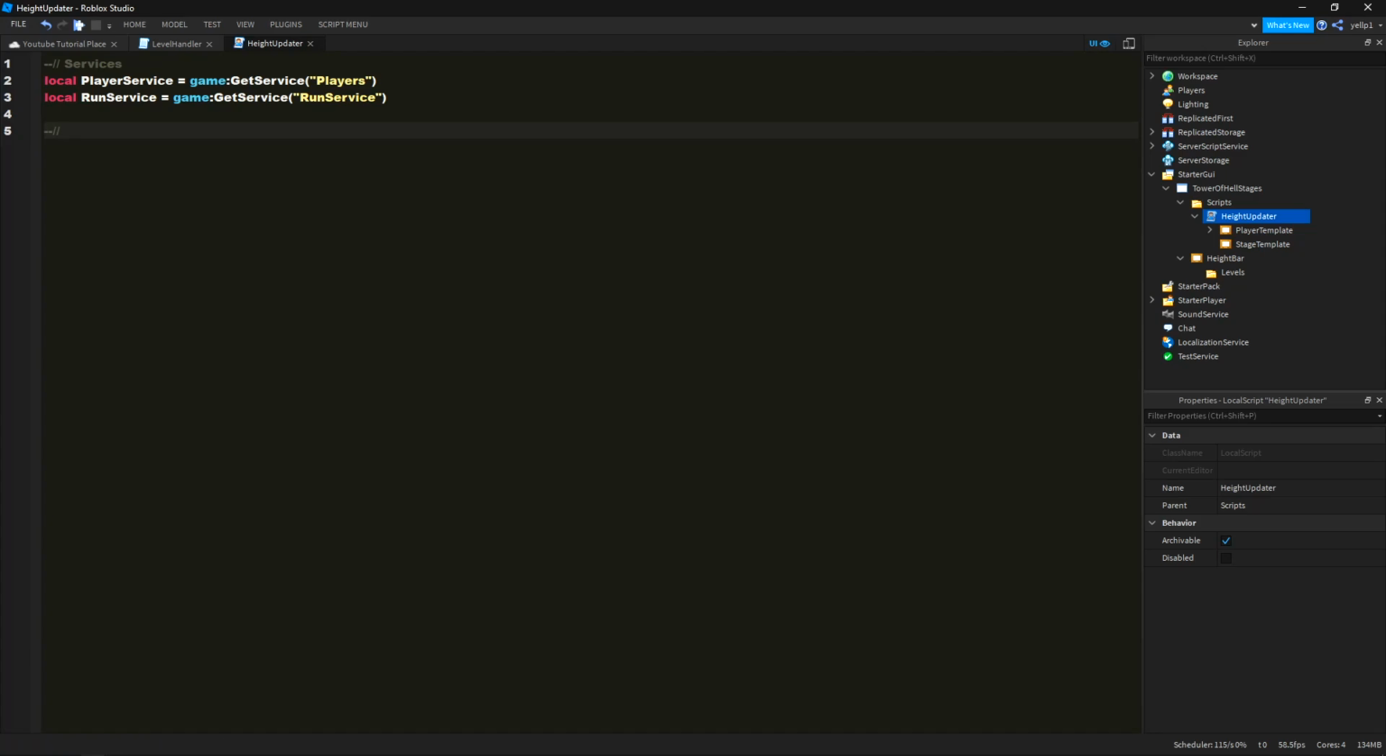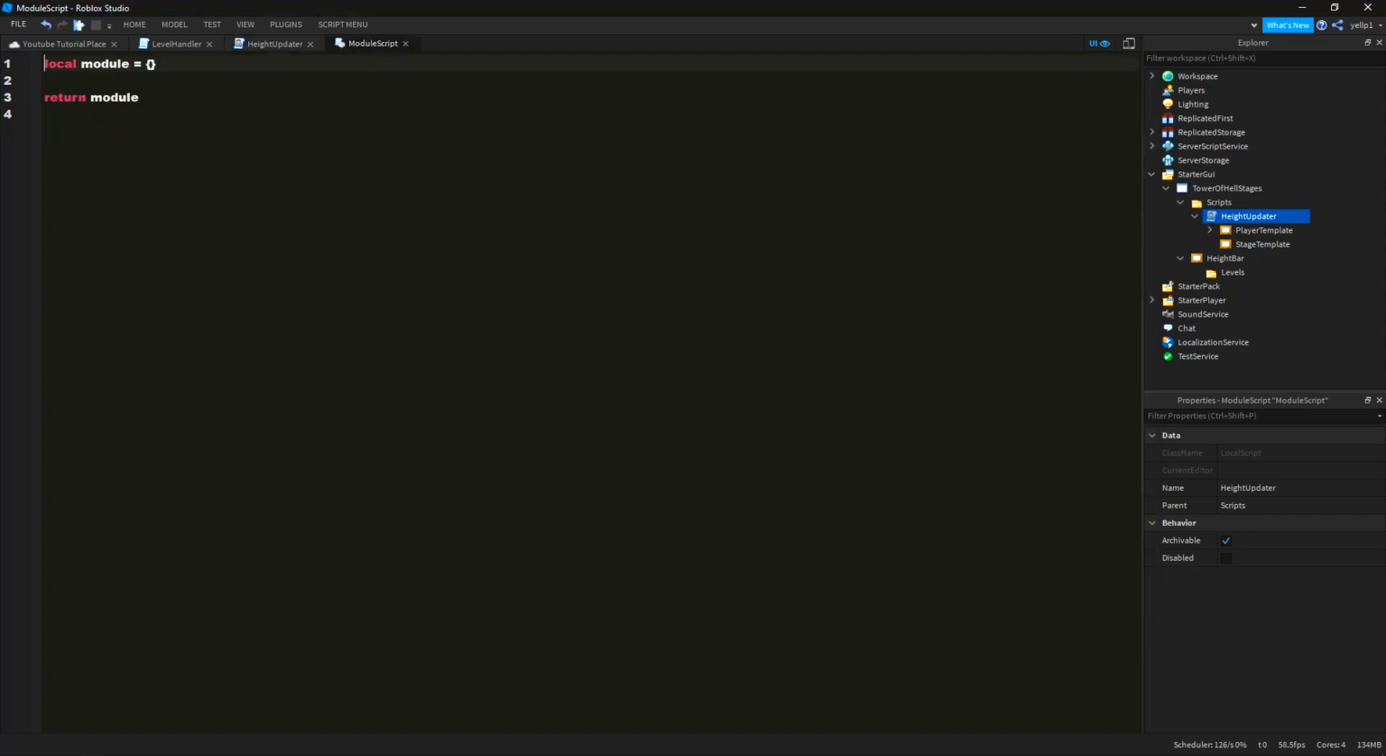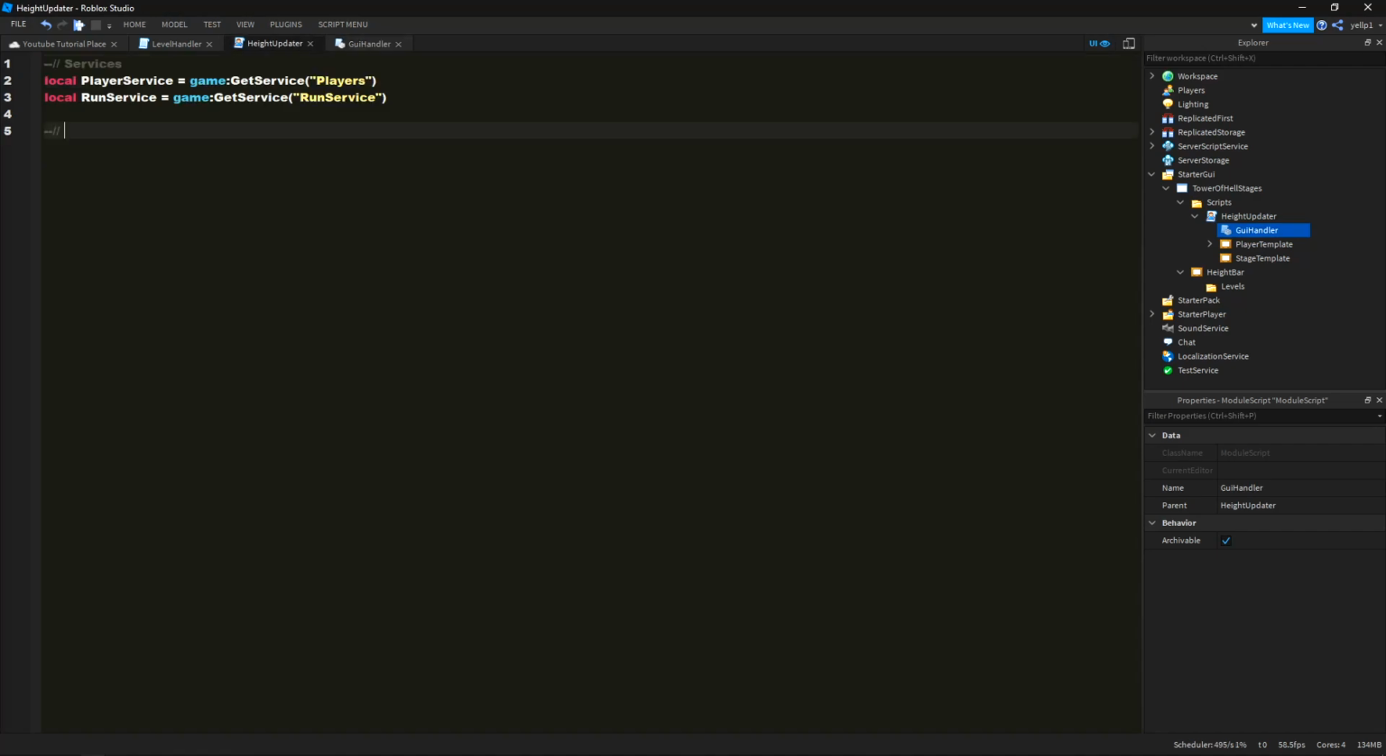And we're going to need to require modules this time. So this module will basically just tell us how high the player is, and we'll add the levels onto the UI. So we're just going to call this GUI handler. Inside of here, we'll do modules, local GUIHandler equals require script.GUIHandler,